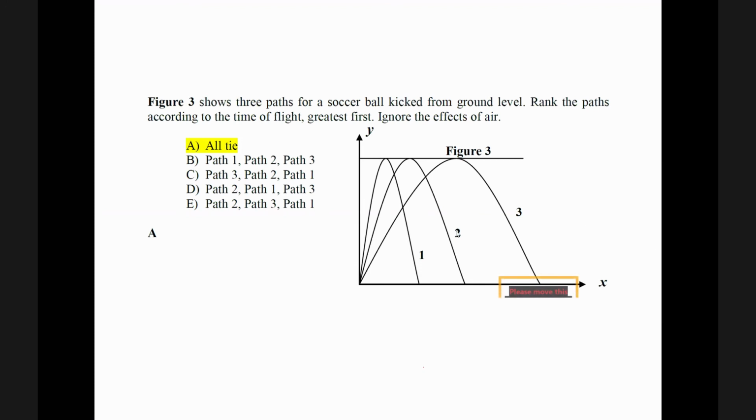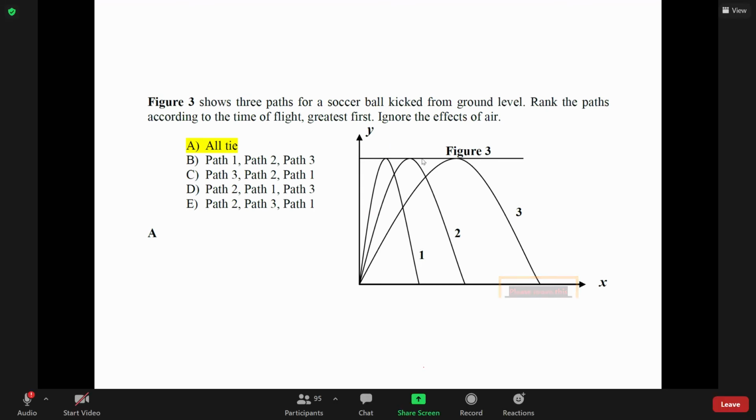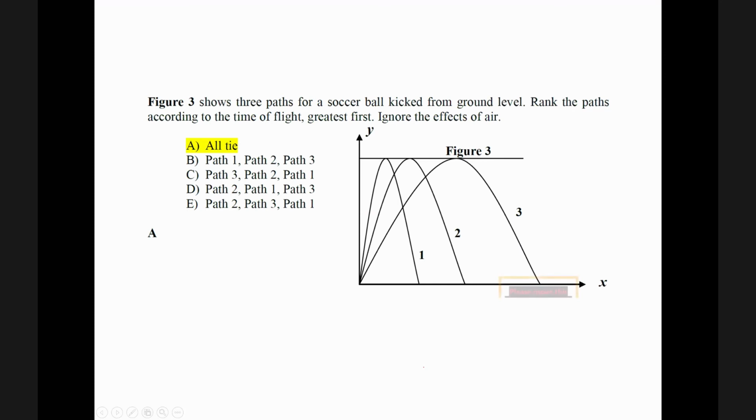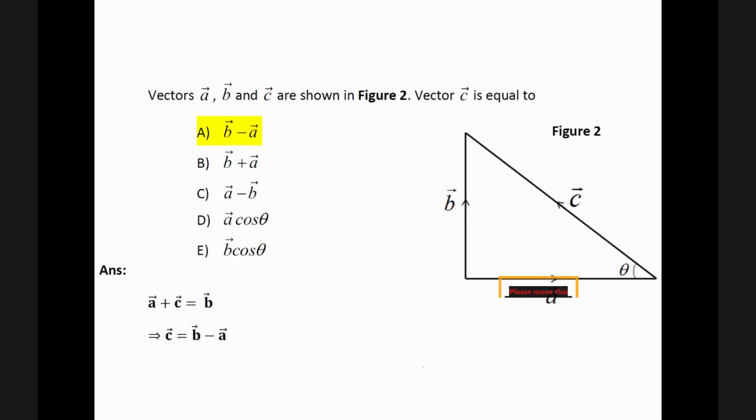So the time taken for flights 1, 2 or 3 is the same, because they have the same initial velocity and the same height. If you have the same initial velocity and the same height, then you have the same track, so the time has to be the same. When you attempt to solve, you need the height and you need the time. So regardless of the shape of the track, you will have the same time of flight, whether in situation 1, 2 or 3. Think of it at home. I want you to give it great thought at home.